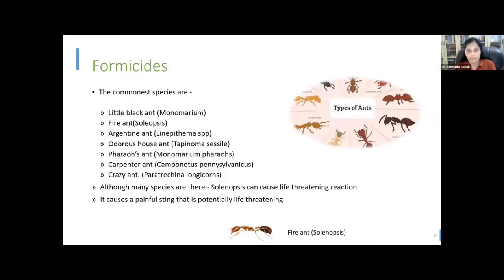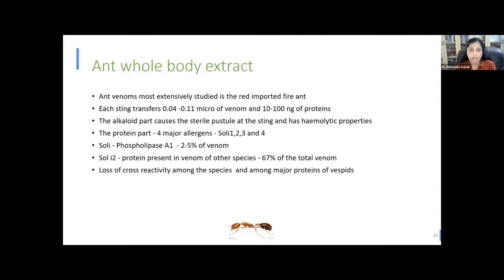Now, among the three species, apids we have discussed, vespids and the formicids. Because we are worried about the giant red ant. Now, what we do have are the little black ants, which we see here, Monomorium. The fire ant found here is Solenopsis, which is capable of producing a severe allergic reaction. We have the house ants, the Pharaoh's ant, carpenter ants. These are ants that bite but are not capable of creating any bigger allergic reaction. But of course, Solenopsis can cause a life-threatening reaction, and it is potentially a very painful one.